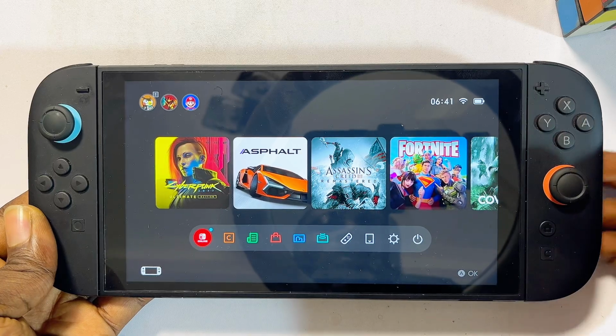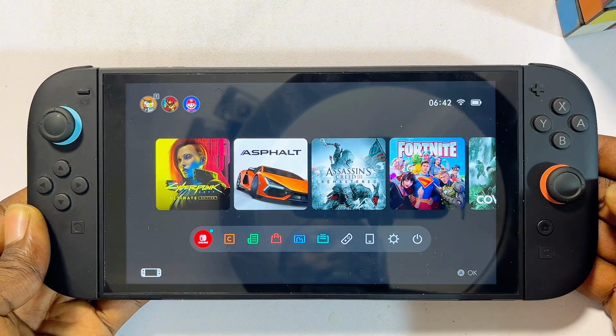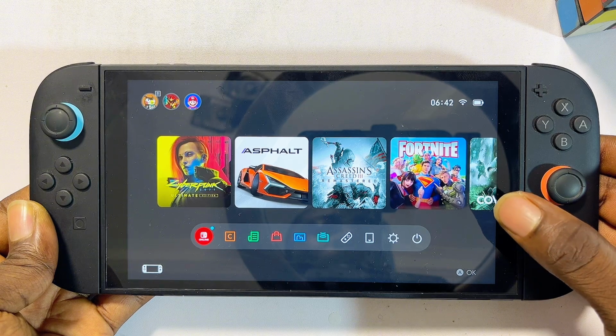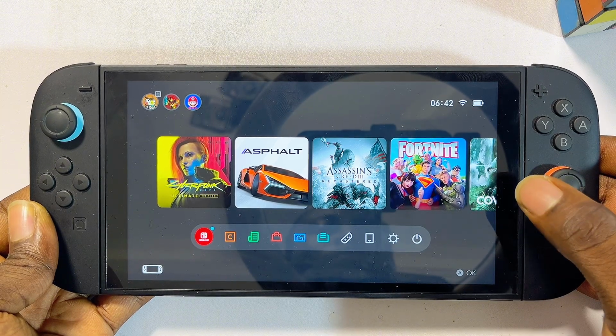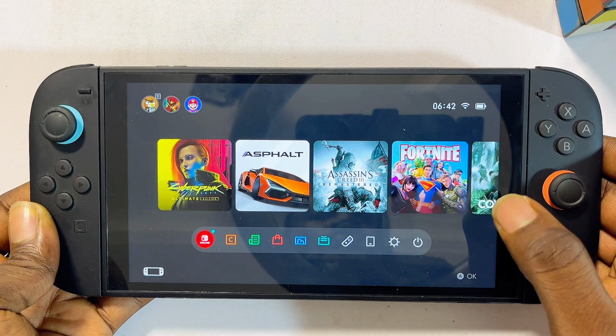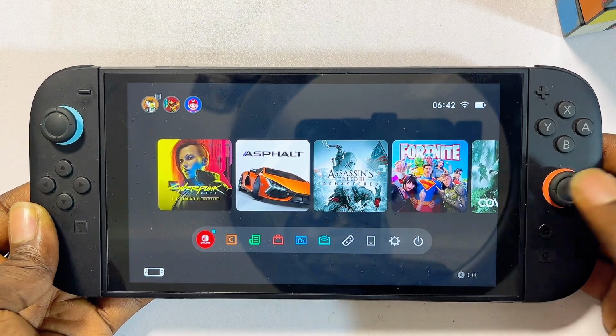Now the process is quite simple and there are basically two ways you can go about doing it. First, you can choose to put your Nintendo Switch 2 on recovery mode first, then factory reset it directly from there, but that is actually a longer process. An easy way to factory reset your Nintendo Switch 2 and wipe off everything from the system is to simply